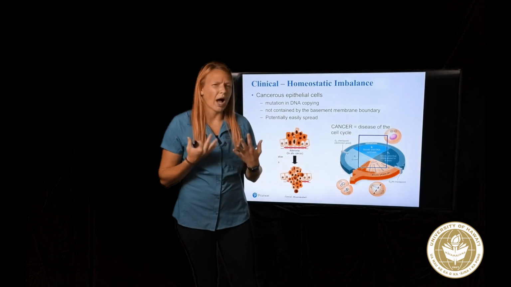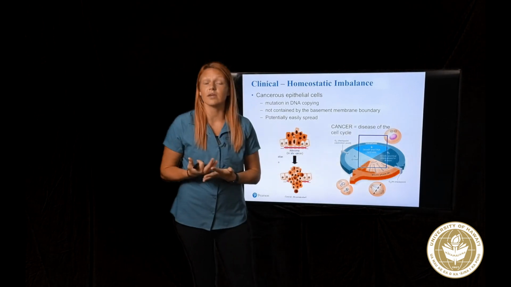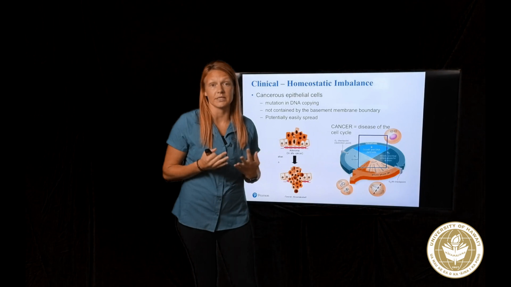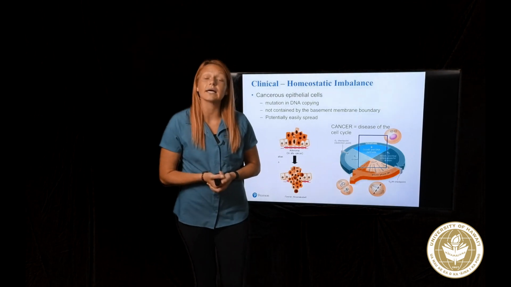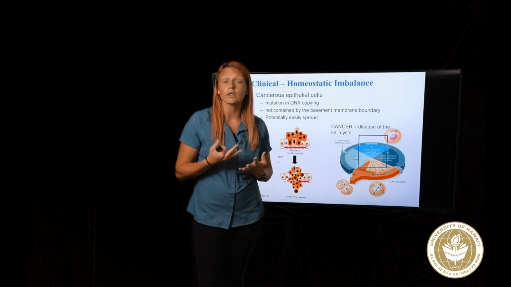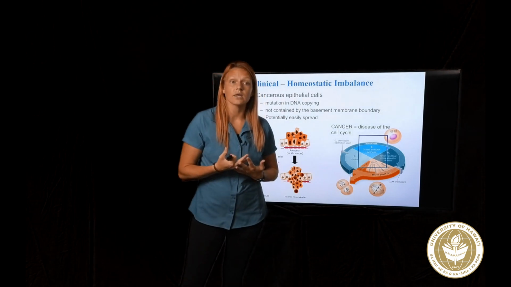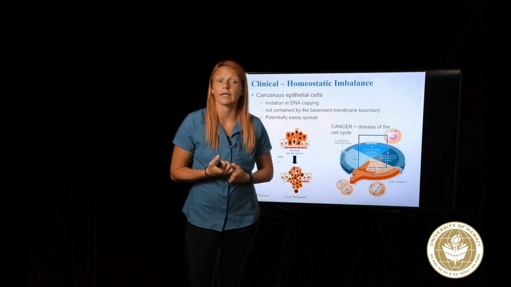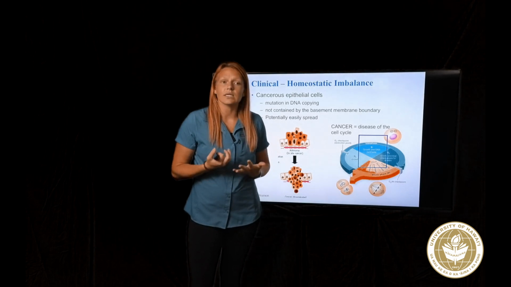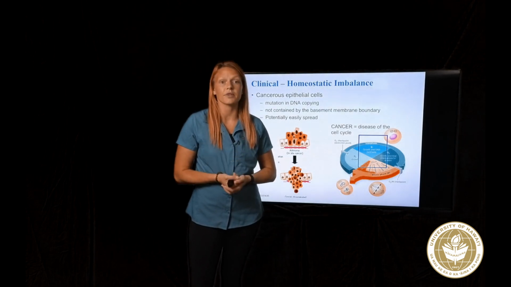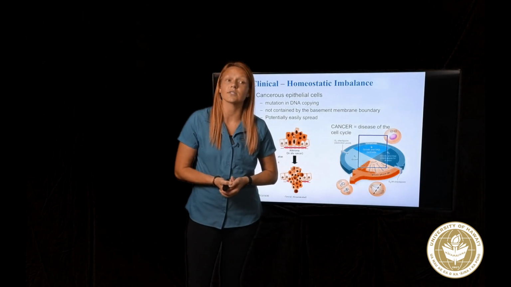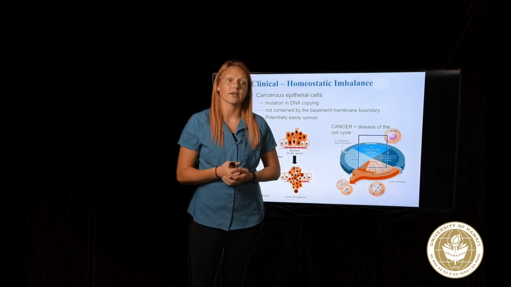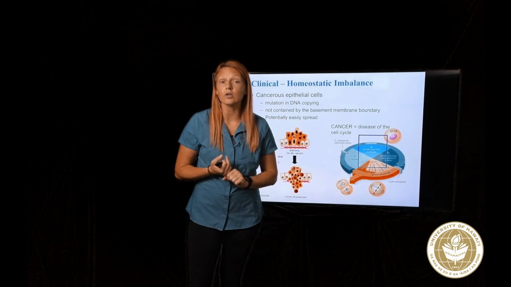So you may be wondering why we're talking about this in regards to the epithelium. The epithelium actually gives rise to the most cancers of any type of tissue in our body. And this is probably because epithelial cells divide more, so they have a higher mitosis rate, and this leads to more opportunity for damage to the growth control mechanisms. We also see more cancer with epithelial cells because, if you think of your skin, it's exposed to a lot of things, right? They're in contact with a lot of environmental hazards,